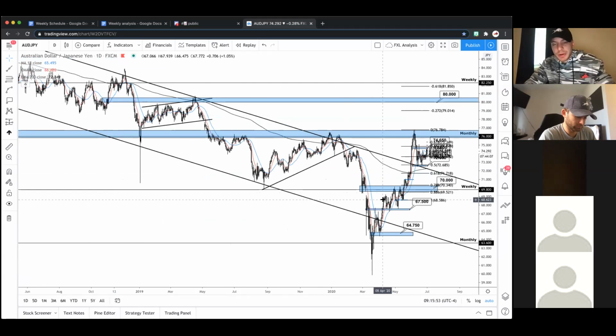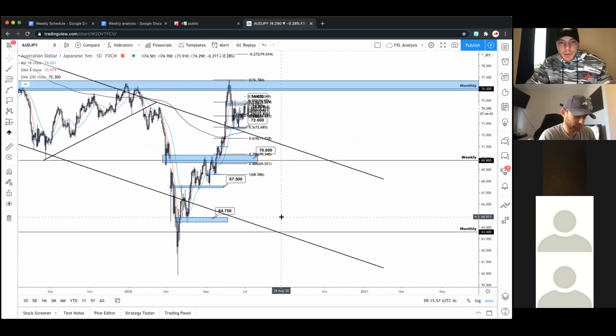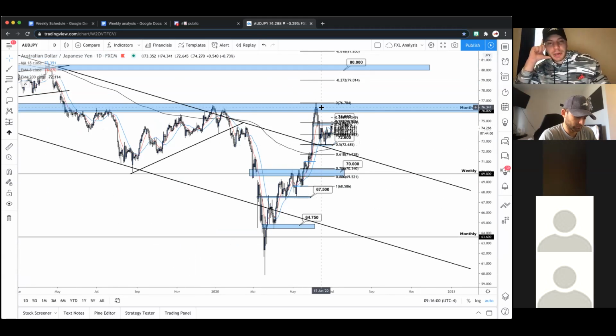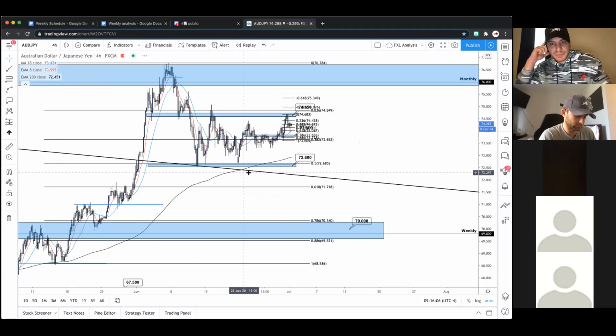Clearly, we have a huge bearish channel here. Here's a lower high at the monthly before the Corona drop. Price action came all the way back up, matched the prior lower high. It's very similar to AU. So yeah, we're still bearish. Good. We have sentiment. Let's drop down to the 4-hour.